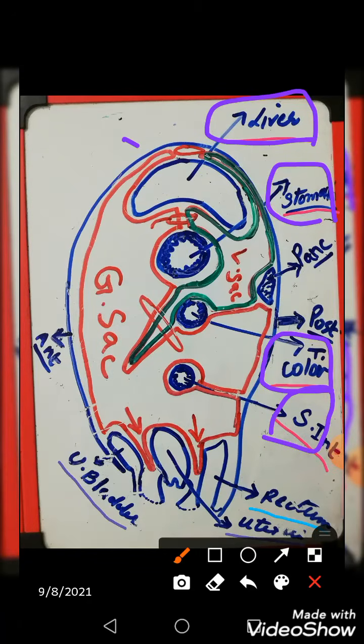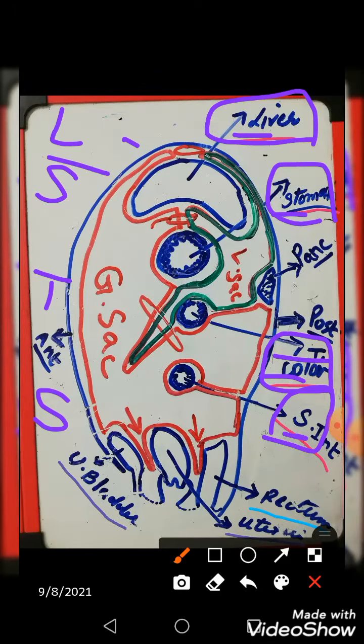So learn through the mnemonic: take L from the liver, S from the stomach, T from the transverse colon and S from the small intestine, right? And how to memorize? You can make the mnemonic longitudinal section and transverse section, right? In this way, you will draw the structures, the liver first, the stomach, then transverse colon and the small intestine,